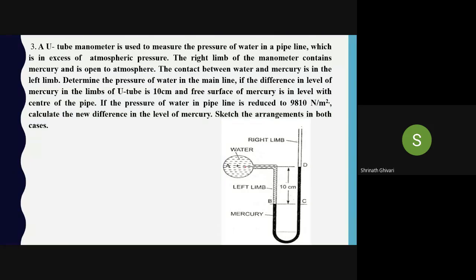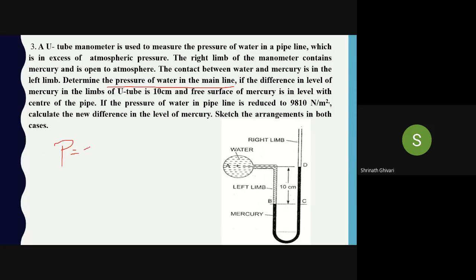Okay. So that is the question. What it is trying to say is you have to find the pressure of the water in the mainline. How will you find the pressure of the water in the mainline? Anyone? Before that, can anyone tell me what H1 and H2 are? You understood the question or no? Yes, sir. So what are H1 and H2? Which is the formula to calculate the pressure?